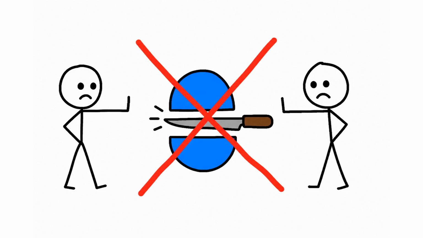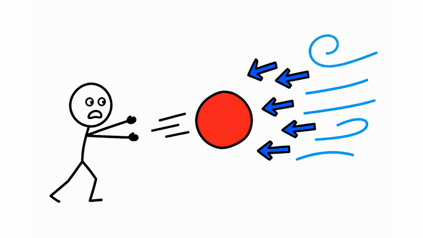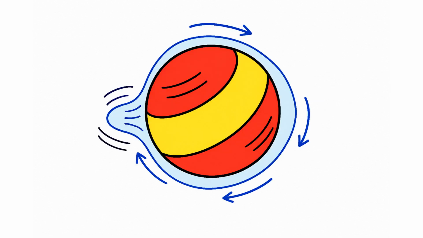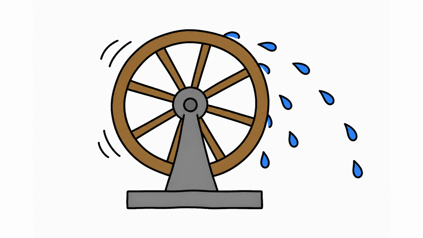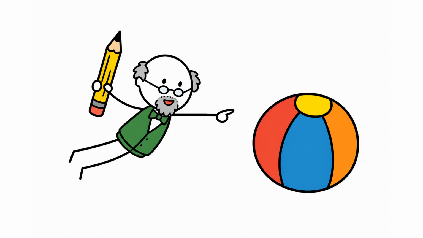Here is the secret that makes it all work. A spinning ball does not slide cleanly through the air. As it turns, it grabs a thin layer of air right against its surface and drags that air around with it, the way a spinning wheel would fling water off its edge. That tiny, dragged layer of air is the whole trick. So let's fly along beside the ball and watch what that does.